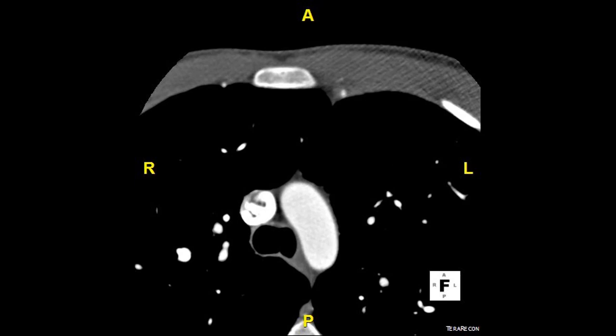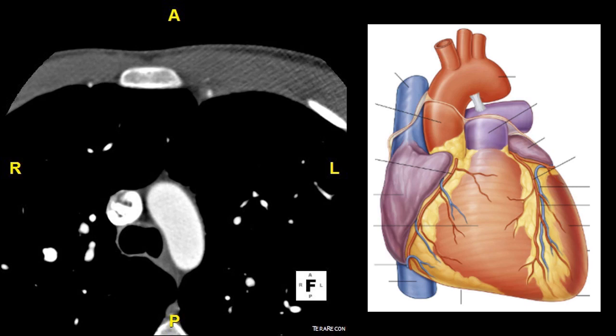Let's first identify three things. We have the arch of the aorta, which I'll circle right now in red, the superior vena cava, which I'll circle right now in blue, as well as the trachea, which I'll circle in green. Remember that the trachea appears black on the inside due to the presence of air, which shows up black on a CT. I've added a cartoon image on the right to give you an idea how superior to the heart